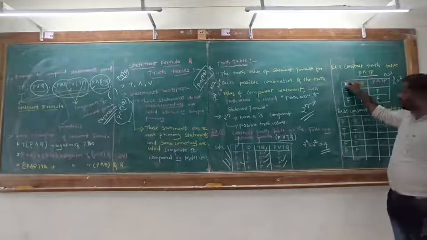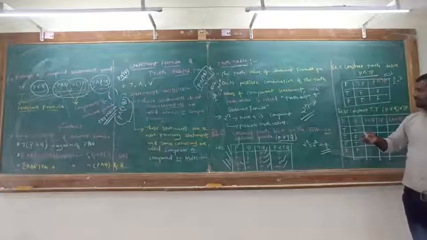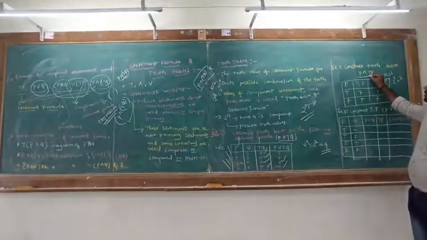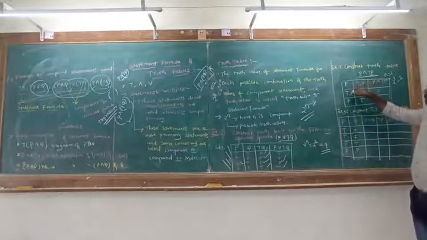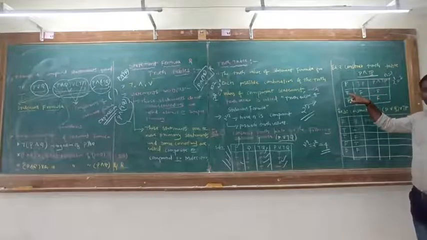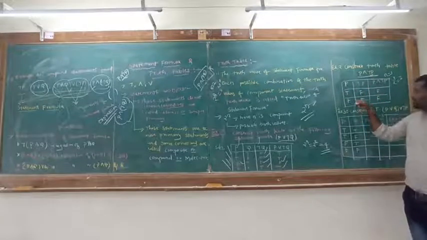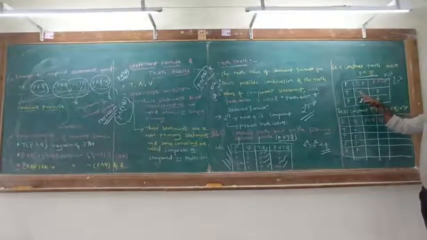Okay. So write P. And what is the number of possibilities? Either true or false. There are two possibilities only. Okay. True, false. Next, what is the negation? First we have to do negation P. P is already there. Do the negation. True means false. Suppose P is true, then negation of P is false. Opposite. If false, it means true. Okay. So this is negation of P.